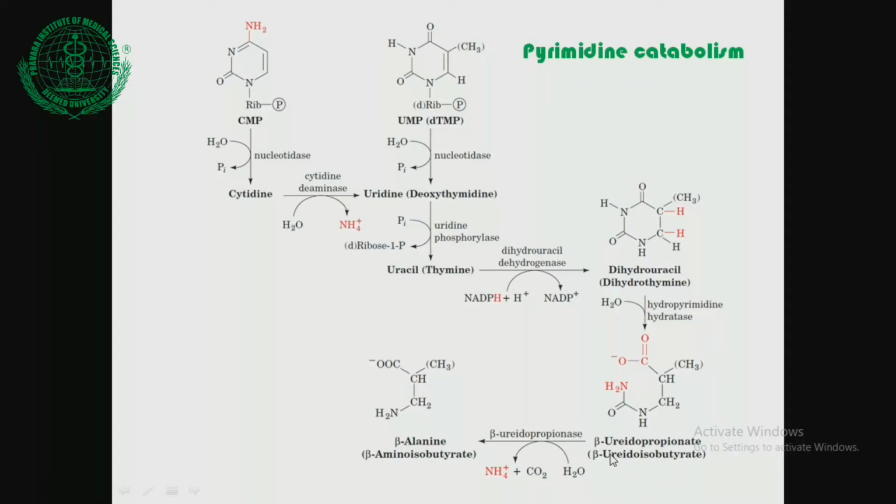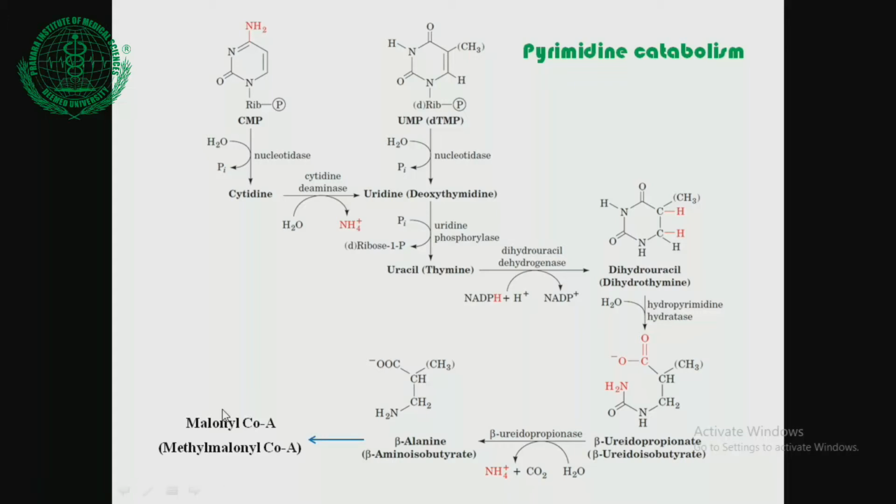Thus formed beta-ureidopropionate and beta-ureidoisobutyrate are further hydrolyzed, and carbon dioxide and ammonia are released, which eventually gives beta-alanine and beta-aminoisobutyrate. Ureidopropionate is turned into beta-alanine, and ureidoisobutyrate is turned into aminoisobutyrate, and they are further